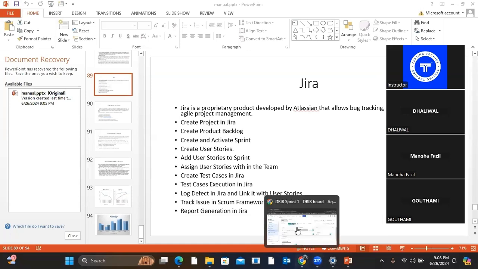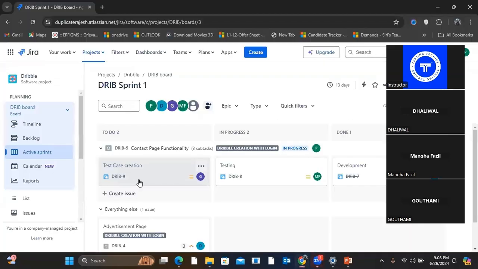Okay, so the next step is that I have created user stories. I have created an Epic, and I have also started a sprint. I have assigned stories to the sprint. Now, inside this sprint, you will be seeing